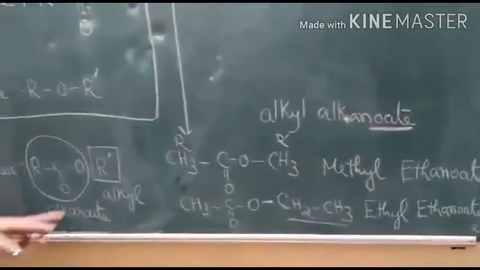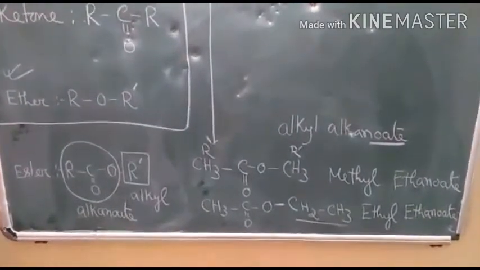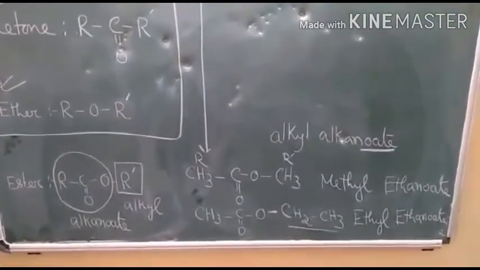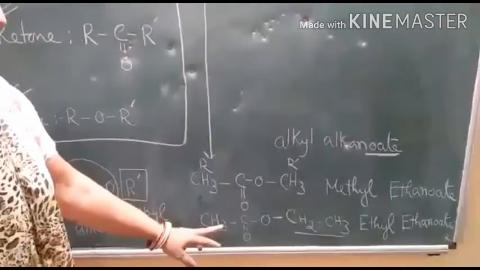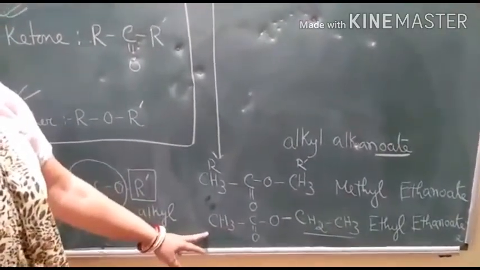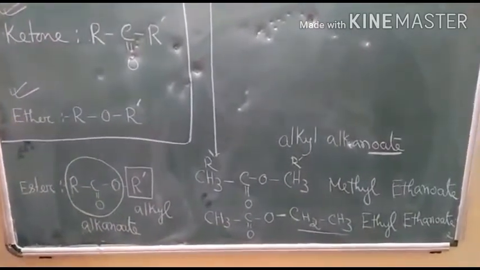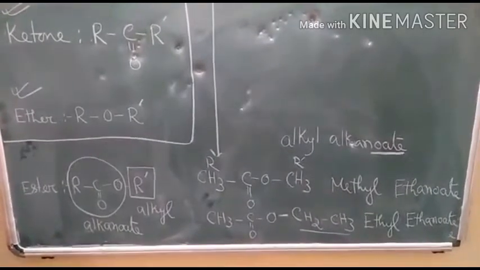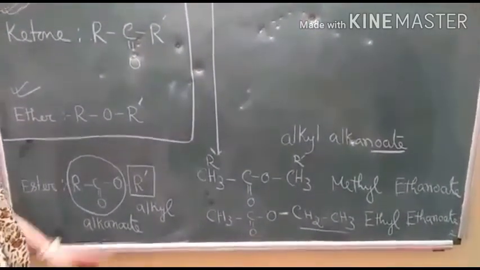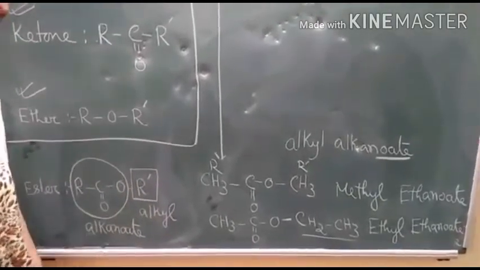So this is all about it. Practice only these 2 examples, because in the book I think it goes till propane, so it may be ethyl propanoate, or propyl propanoate. It will not go more than 4 carbon. So you practice your 10 years question papers related to this nomenclature, and if you have any doubt you message me. Thank you.